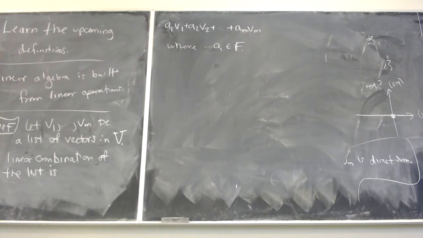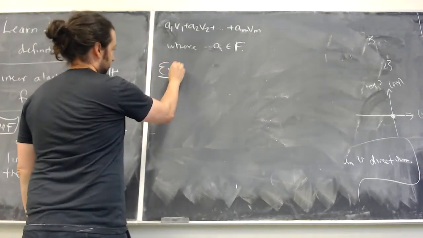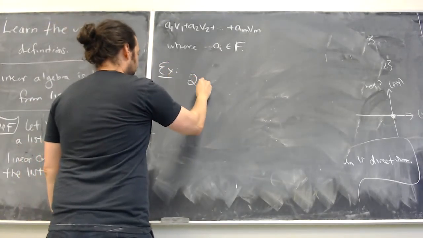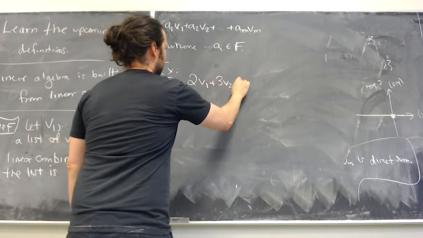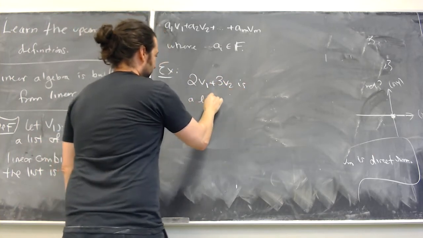So a linear combination of a list of vectors is multiply them all by different scalars and then add them all together. Different or the same, right? You're going to pick a bunch of scalars, multiply by the vectors, and add them up. So for example, 2v1 plus 3v2 is a linear combination